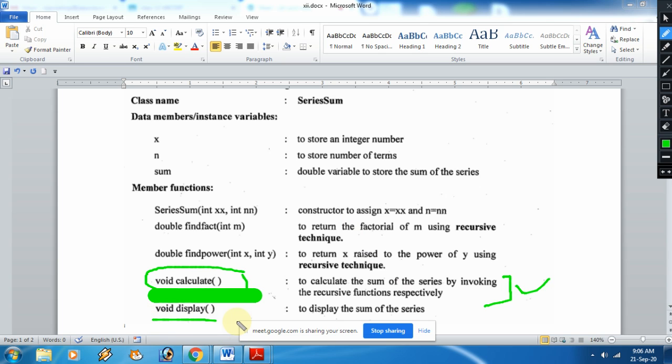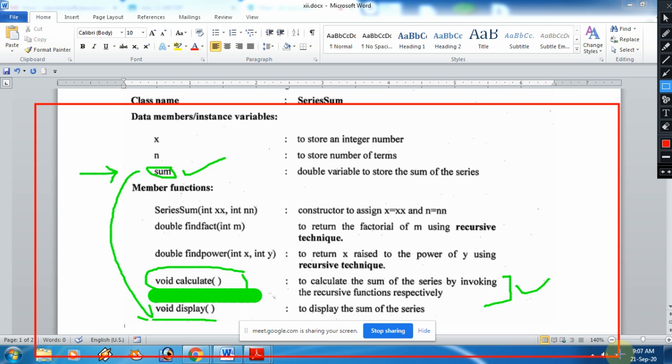So in this we are supposed to print the sum of the series, which we are storing in a variable sum, and this sum is given as a data member. So what is the advantage of this variable as a data member? If the data member is given, that variable you can directly access in any of the given methods, right? So the question is clear, everybody? Okay, I hope the question is clear.